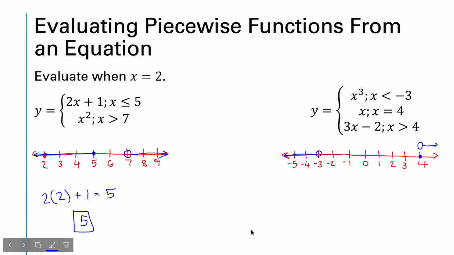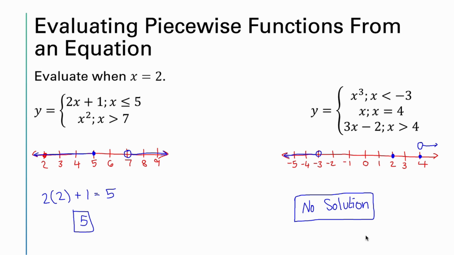Okay, so we have all three plotted. And does 2 fall in any of these intervals? So our evaluation is here. And no, it seems like none of these include 2. So what we have is no solution. Boom. Not too hard, right? Well, I have no idea how I found this really hard, but I hope you get this.